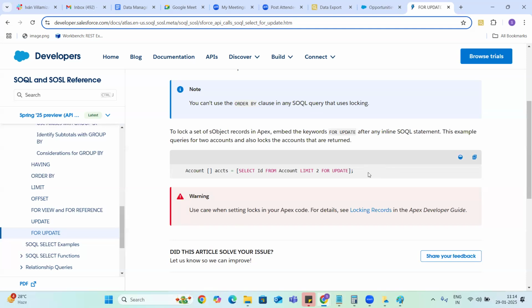Otherwise, if I try to update the records and at exactly the same time another person also tries to update them, we are going to get a record locking exception.